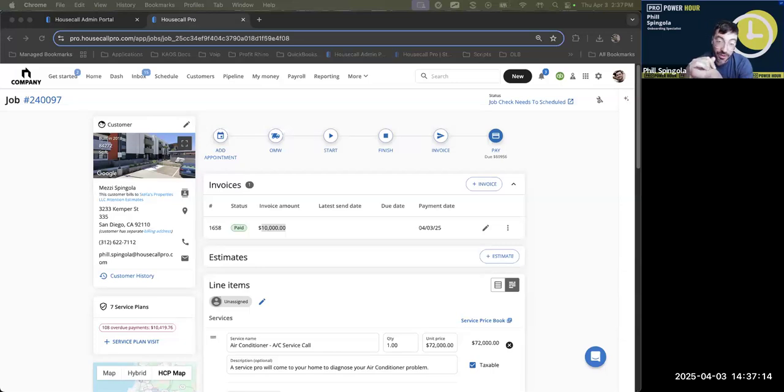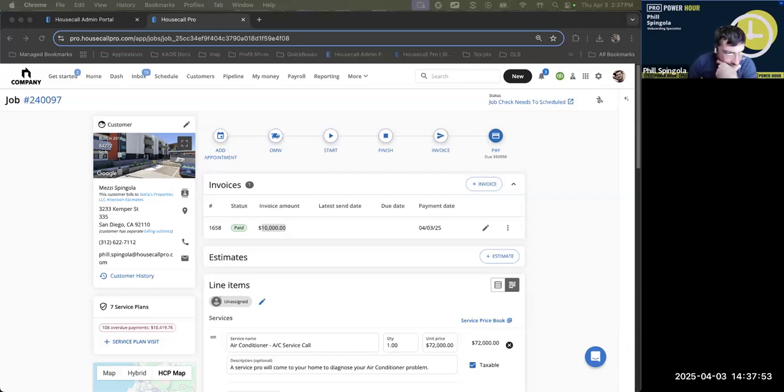Or if you don't even want to create a third segment, you can just create a whole new invoice and add all those line items onto one invoice so that only one goes to your QuickBooks and the customer only receives one invoice. My suggestion for cleanup after that would be, once you put it all on one invoice, you may want to either cancel or delete the segments so that it doesn't ruin your books by essentially having double entry for the amount that's owed, if that makes sense. If it doesn't, please mention that in the chat. I can explain it a little bit further.